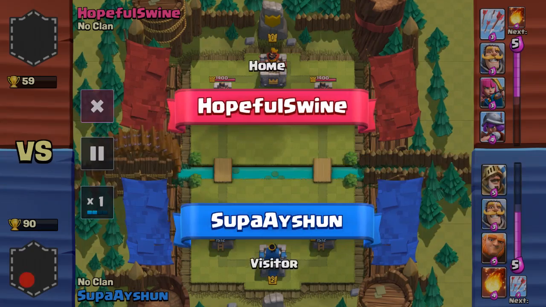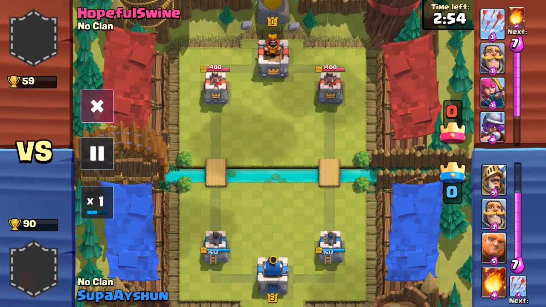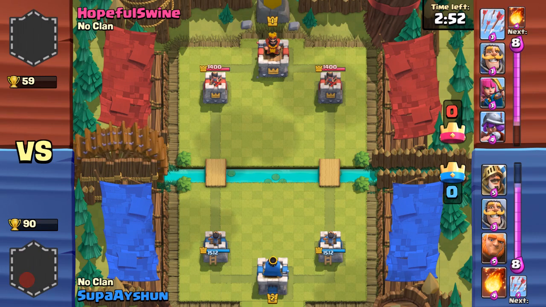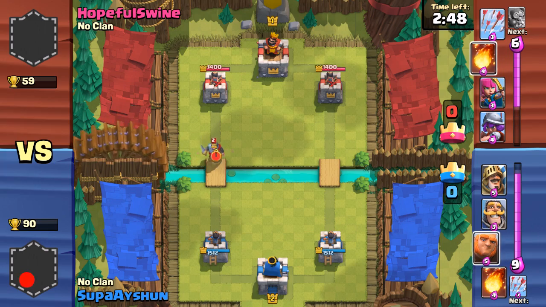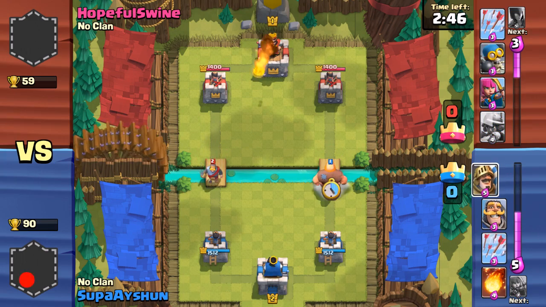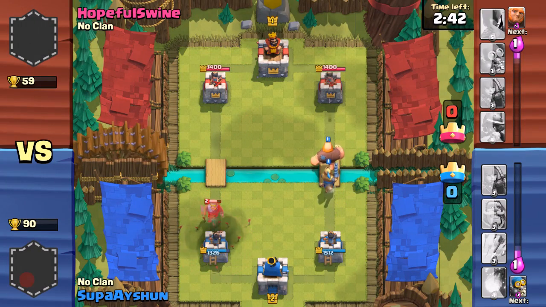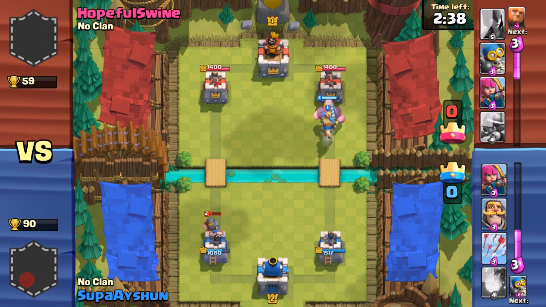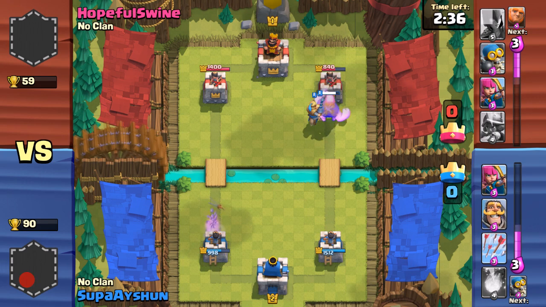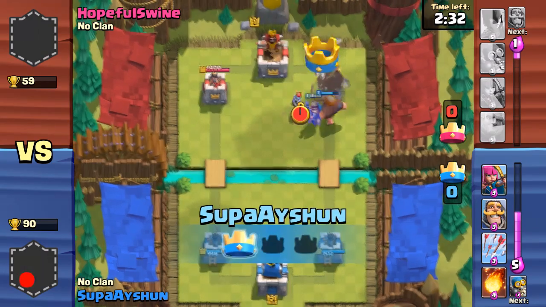So here in my first replay, I'm playing against this guy named Hopeless Swine. This is, I believe, my 3rd game into Clash Royale. So first he drops a knight, and I'm kind of ignoring it because I'm just waiting for my giant prince comp over here, and I'm going to send it over on the right because I know that my archer tower will take out the prince,